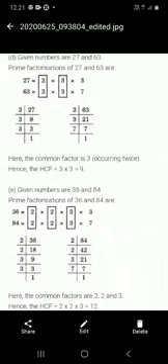Like this you will do D and E also in your copies. Very neatly you will write down. You have the numbers 27 and 63. HCF is 9. And another question in E, 36 and 84. Your answer is 12. Do you understand all the sums? First of all factorize, then write down the factors of the numbers.